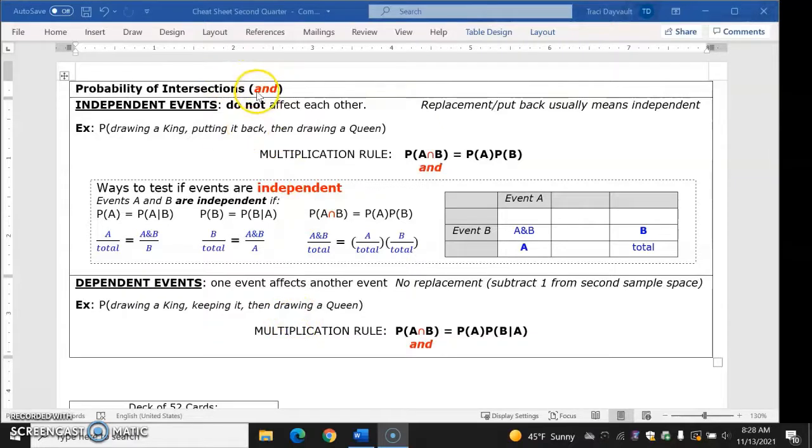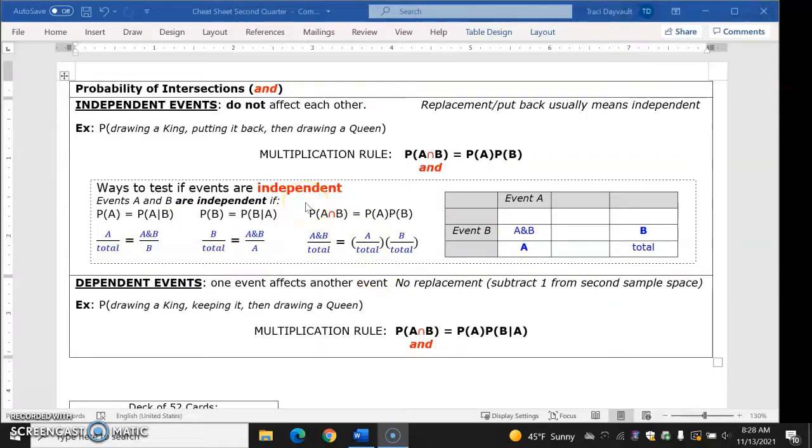when it says AND. And if something is replaced before you find the second probability, then they're usually independent. If there is no replacement, meaning if you draw a king and then keep it and then draw a queen, then the second probability is going to be affected by whether or not the first one happened. We look at testing if events are independent by looking at these three tests that you could look at